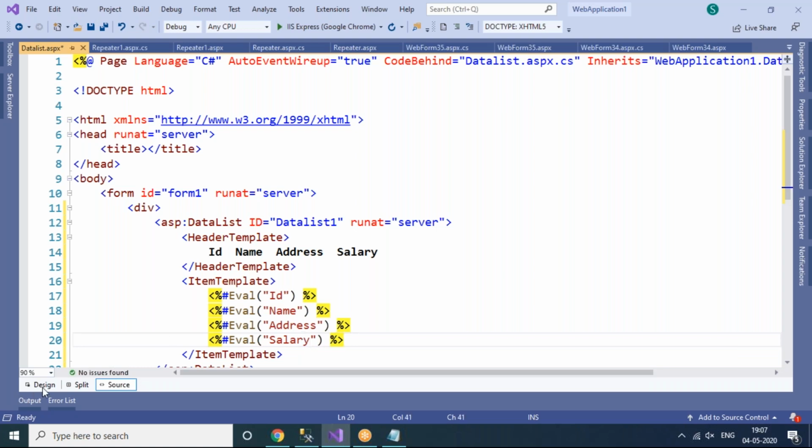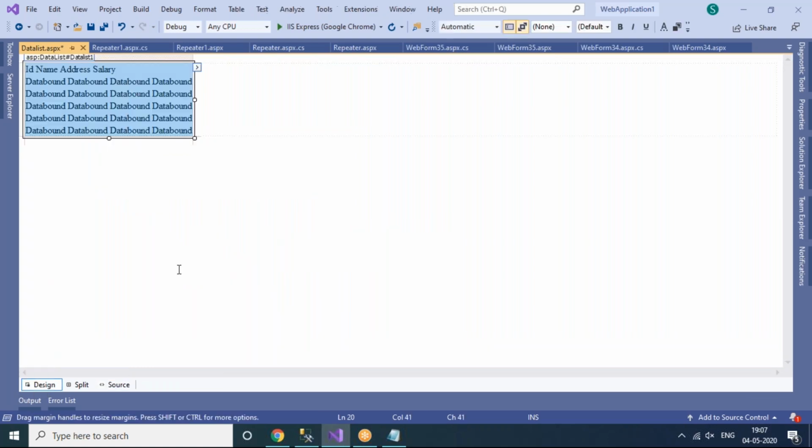Now let's go to run design, but I'm not going to make any table format. By default, the repeat data list control will automatically provide table format only. It's going to display table format. If you want to add additional things like this, what we can say,